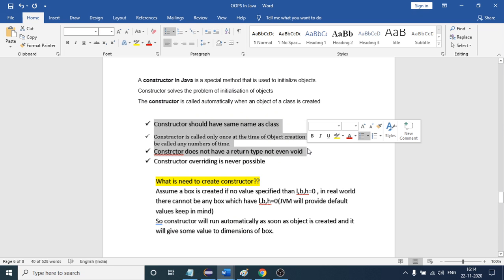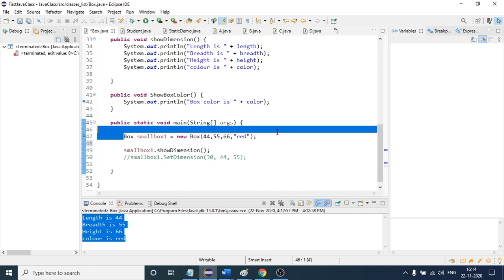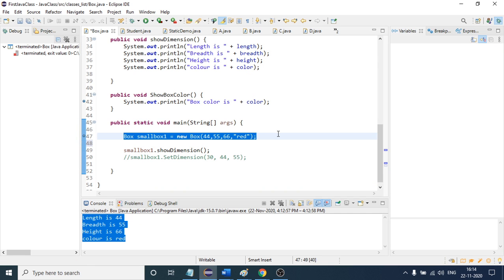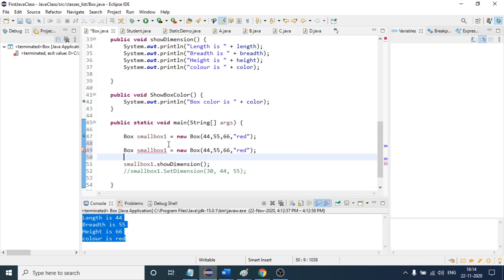Sumit, I have a question. Suppose if we are creating two objects of a class, then is the same constructor called for each? Yeah, let me show you as well. Yeah, I got your point. So if I create a second box, a small box number 2, again that constructor is going to be called, right? And here you can set different values,